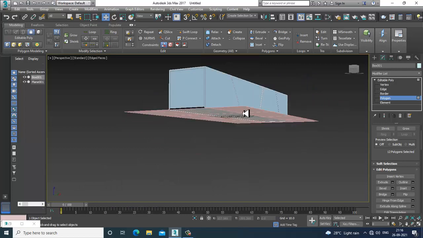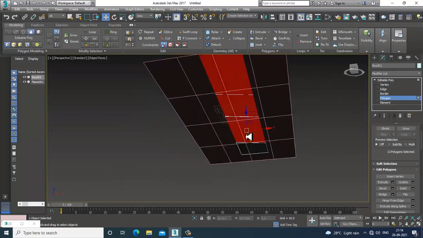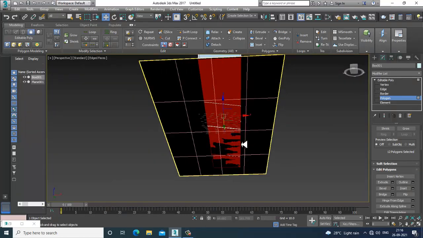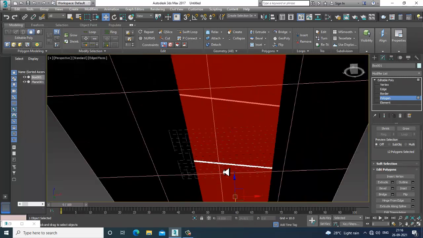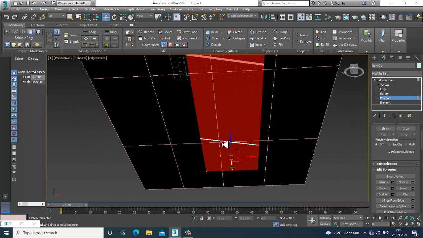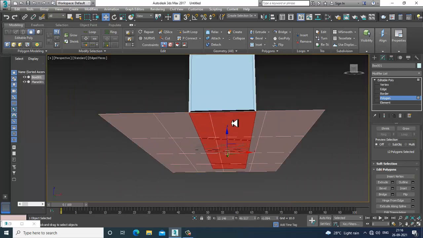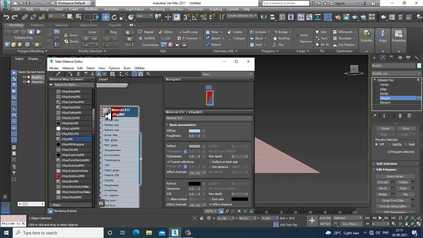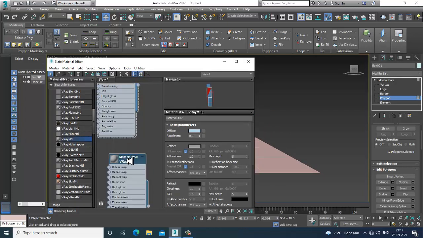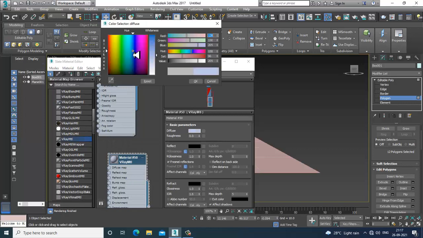I'll go to the bottom section over here. So you can just select, okay, I'll select the bottom section also. I need the bottom section part. Let's go into the V-Ray material, and I'll give a bit of a dark bluish tone to it.